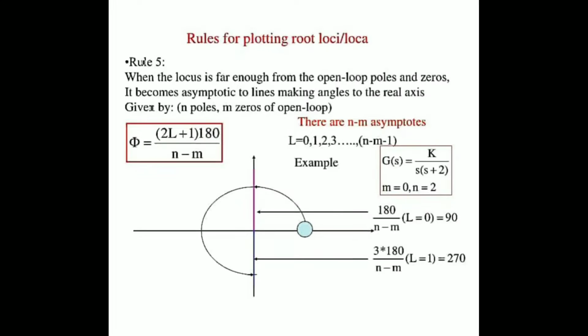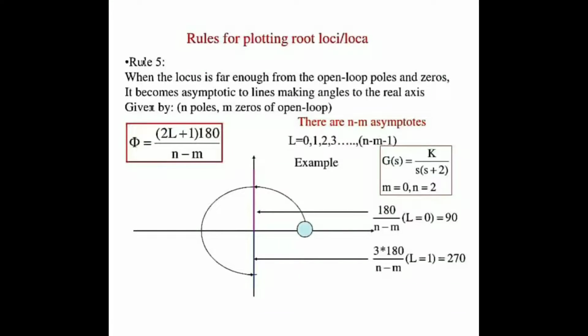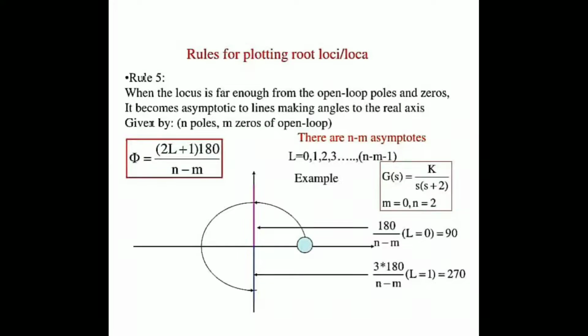Next is finding the angle of asymptotes. As I said earlier, the angle of asymptotes is calculated with the help of a formula, theta equals (2q plus 1) into 180 divided by n minus m, the number of poles minus the number of zeros. Sometimes there is a k or l or q, any term may be given, depending upon the various authors. That is p minus z. So the formula is (2q plus 1) into 180 upon poles minus zeros.